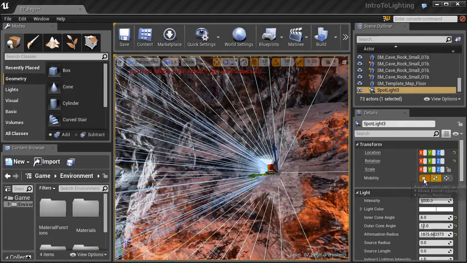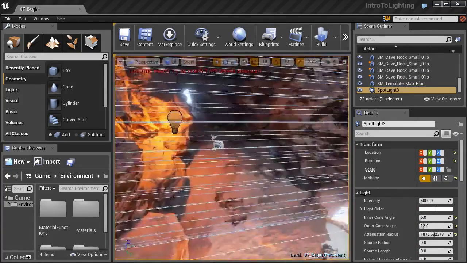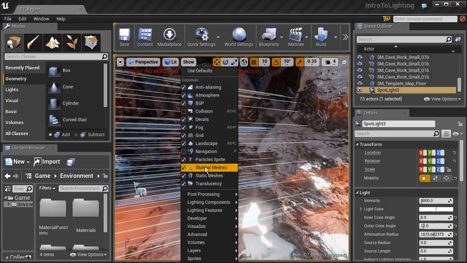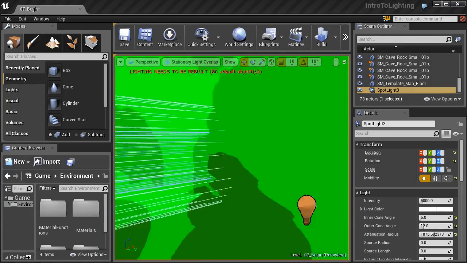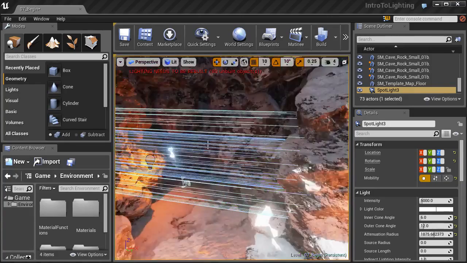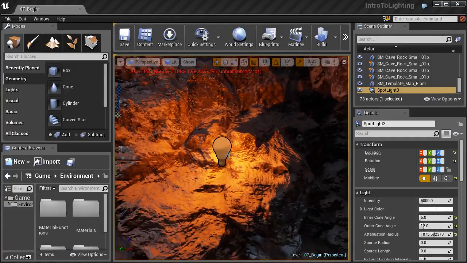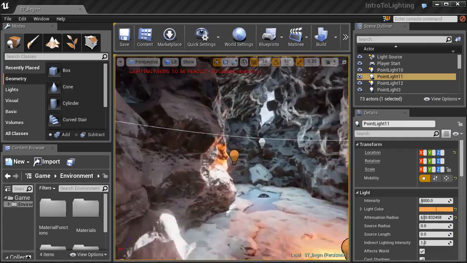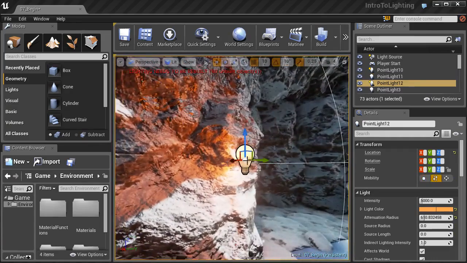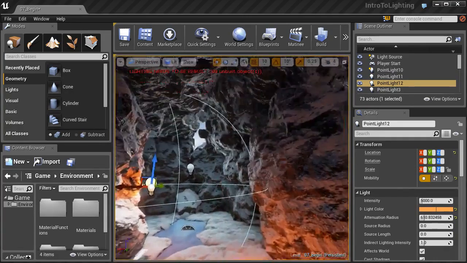So what we can do is simply switch it over to static, and then you'll notice that none of those other lights have that warning on there. And so we can go back to that stationary light overlap mode, and you'll see that there are no problems. Now, whenever you are working with your lights, it's important to remember if it's not going to be affected by a character or a dynamic object, just go ahead and switch it over to static. You want to save that memory as much as possible, and lights can tend to take up a lot of memory. So things like torches, I would probably go ahead and switch those over to static anyway,